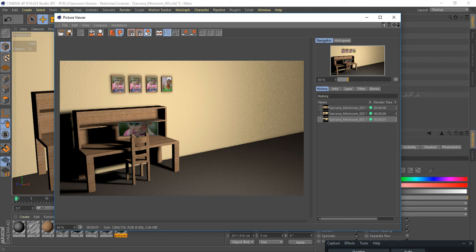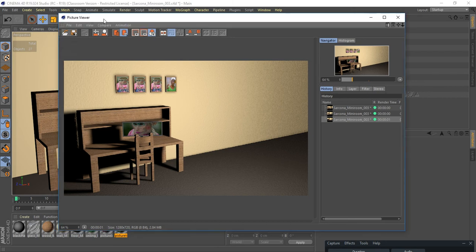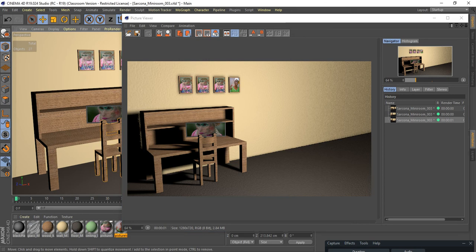A couple things we look for before we even pay attention to the kind of shadows we have is making sure that all of our stuff is touching. So if my desk or chair or whatever was just off the ground just a little bit,